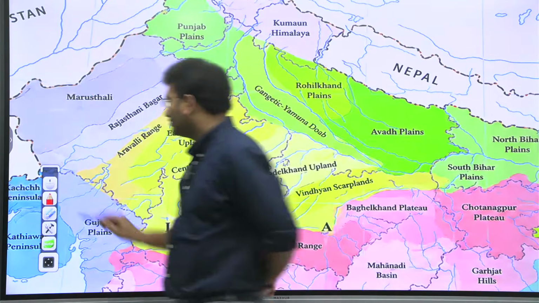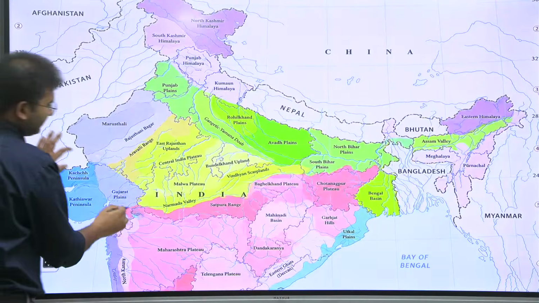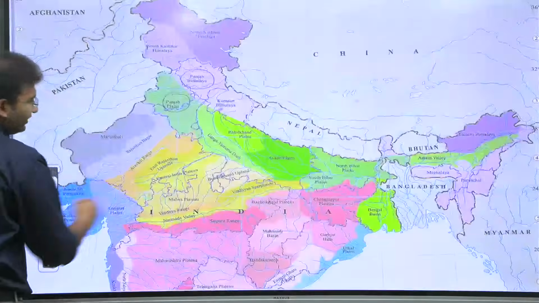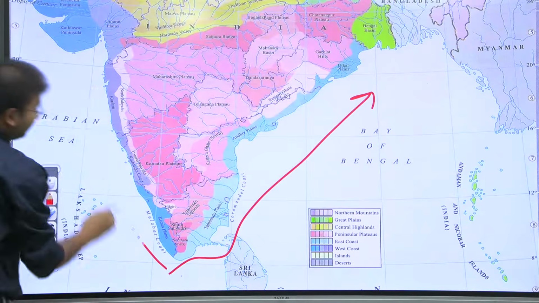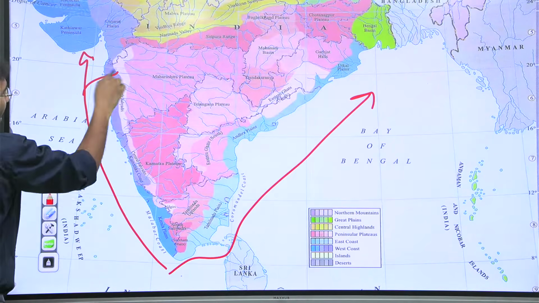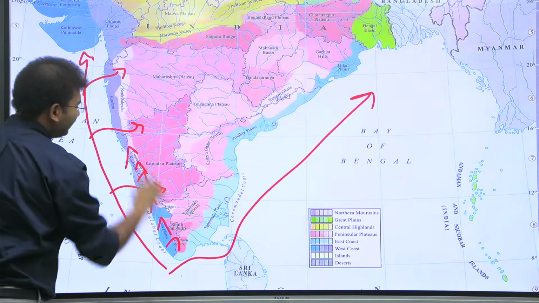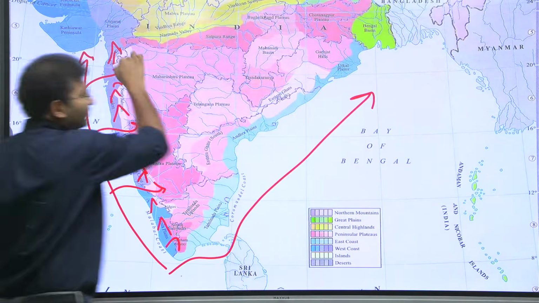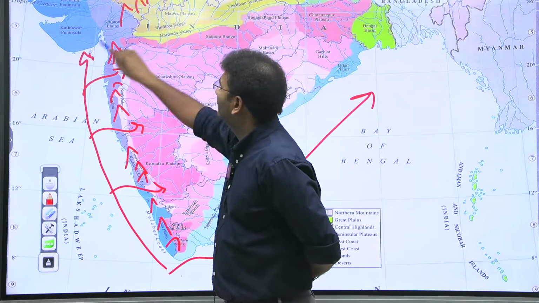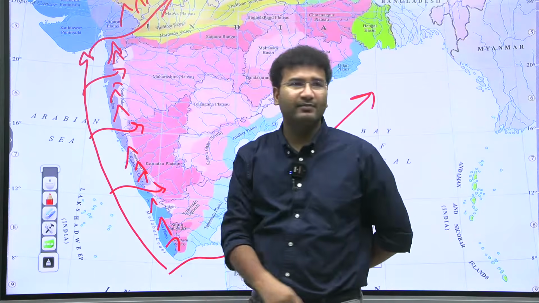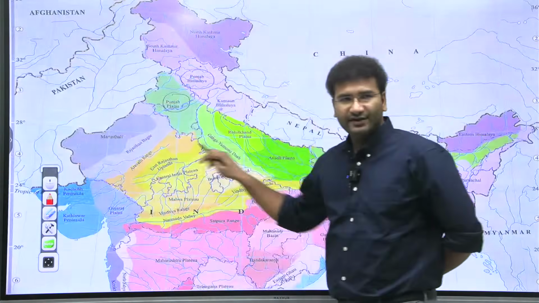So when the monsoon comes, you know that the monsoon of India comes from the southern side. It is very interesting to see. It has one wing which is going into the east and there is another wing which enters through the passes here. So these are your Western Ghats. These passes are very, very important for us. In this, there is a small gap. Here, this is your Aravalli. The entry of these monsoon winds happens through this route. I'll talk about the passes. The passes are anyways given in your handout.